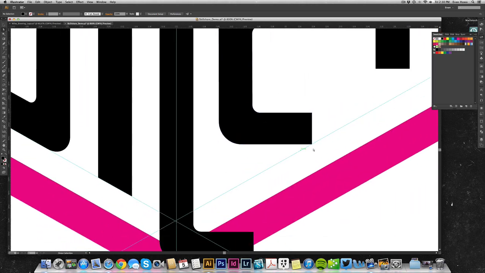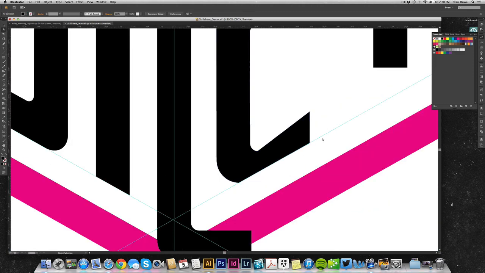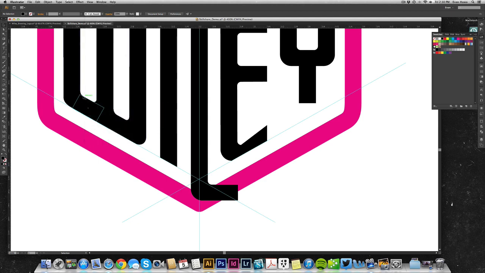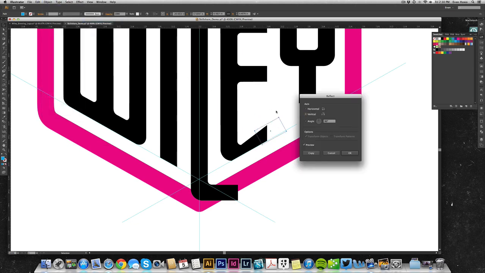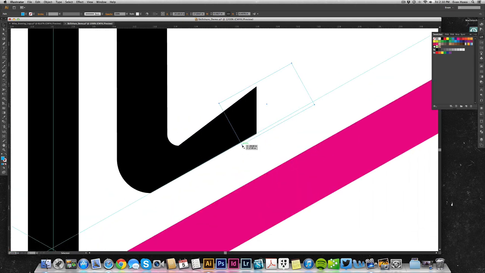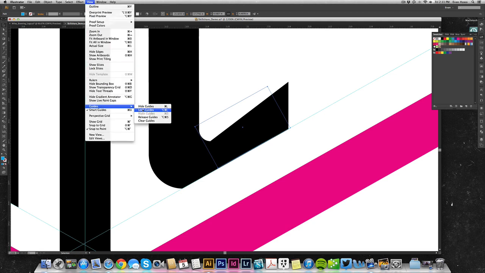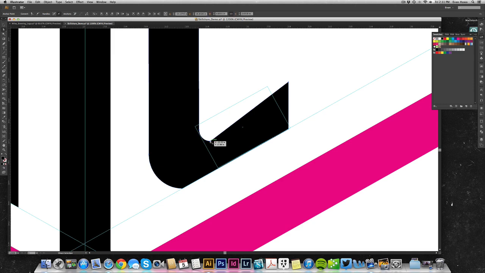And now let's just finish out the bottom of this and get it to fit this angle. I'm going to just click and drag those again. Don't be worried about that being all messed up. What I'm going to do again is come up here and unlock my guides. I'm going to bring this over here, and I'm going to go to Object, Transform, Reflect, and that's the right angle for us. And just put that there so we know what we're working with and where we want those lines to be. So I'm going to go ahead and lock that again, and let's grab these